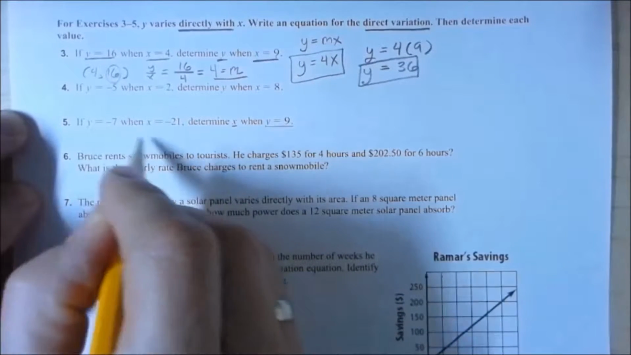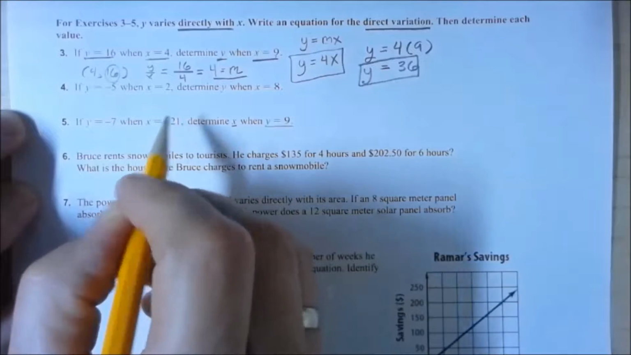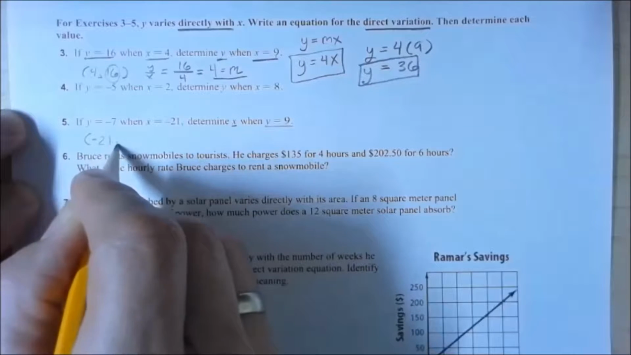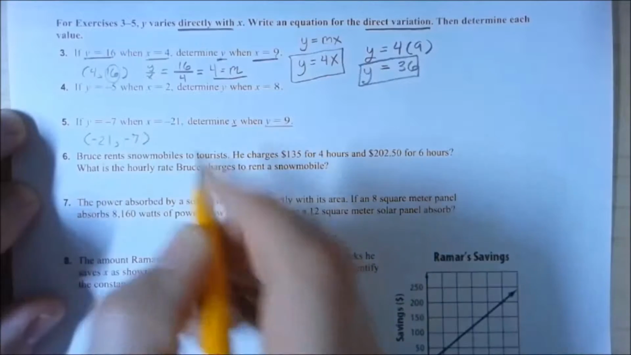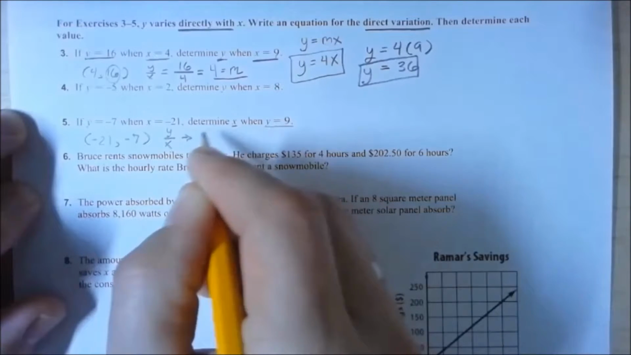So first of all, they're going to give us our ordered pair. They give us -7 for y and -21 for x. If we were to write that as an ordered pair, it would be -21, comma, -7. Let's put this as a ratio of y over x, and that's going to give us